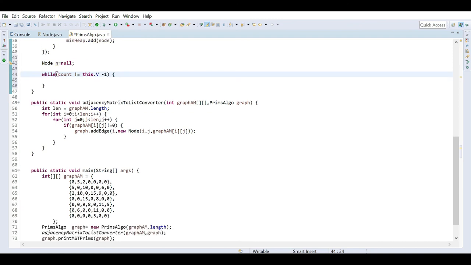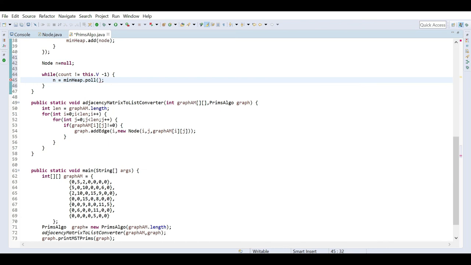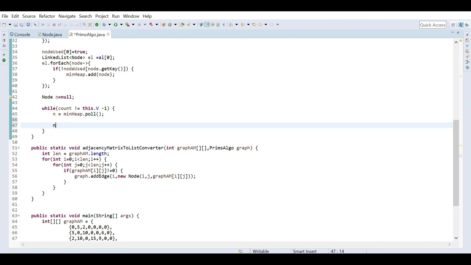Inside this loop, the first thing is we have to pop or pull the node which has minimum weight. How we'll get it is min heap dot poll. I will call this method, and it will return me the node with minimum weight. Once we get that node, we can mark it as used.